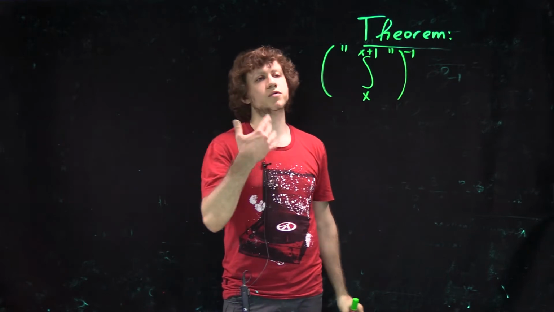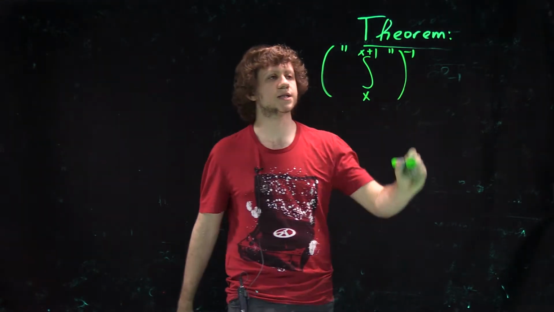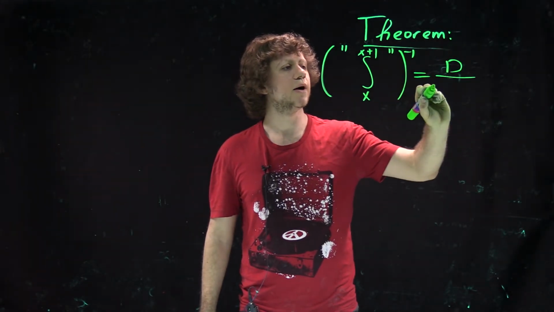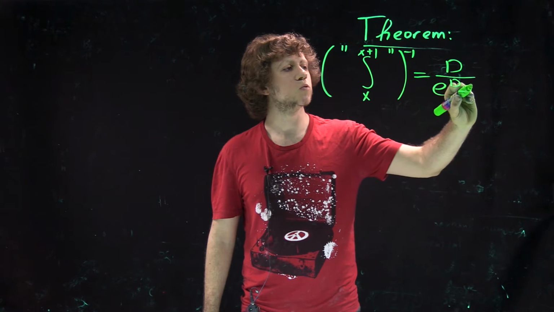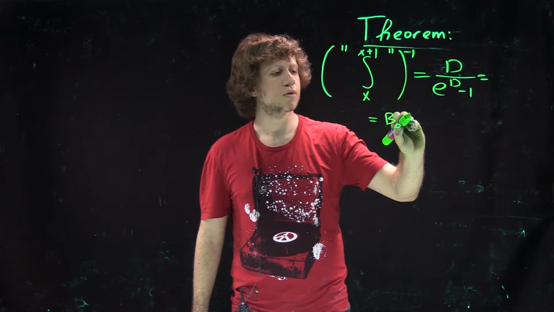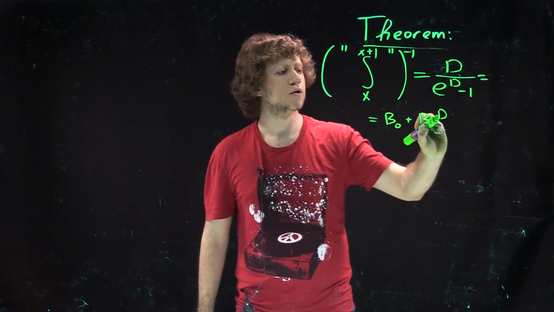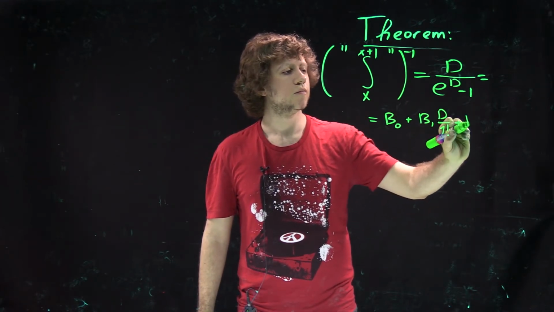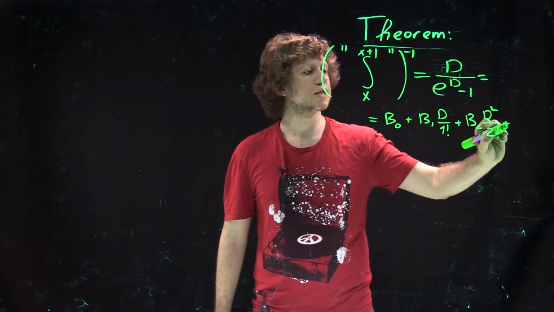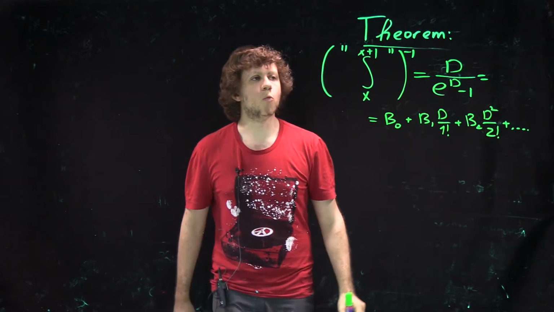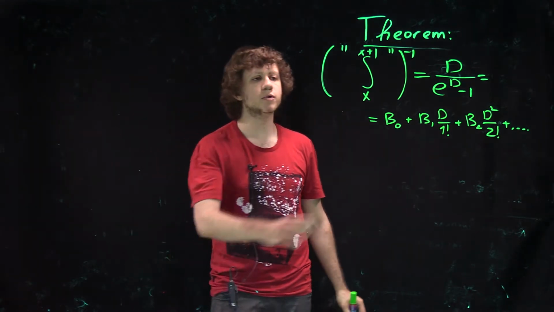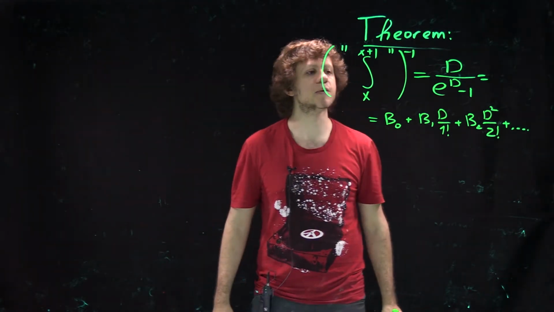And this is the one which, if you do this one backwards, you will get it. And the answer is that this equals d divided by e to the power d minus 1, which is b0 plus b1 d over 1 factorial plus b2 d squared over 2 factorial plus and so on. So whatever the statement means, this is the fundamental reason why Bernoulli numbers appear at all in various questions, and